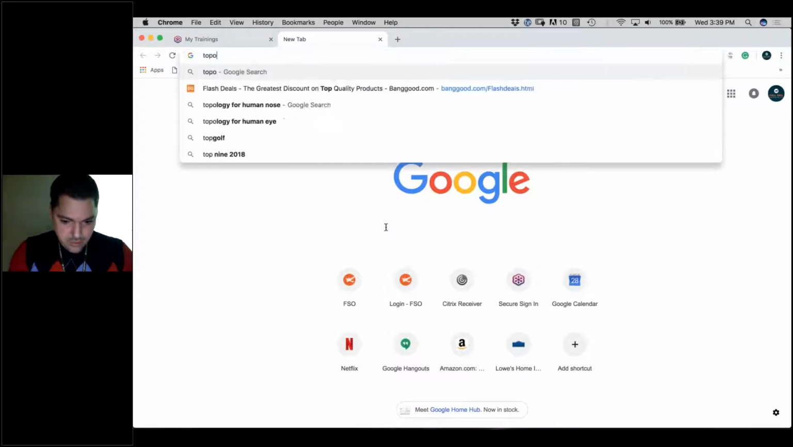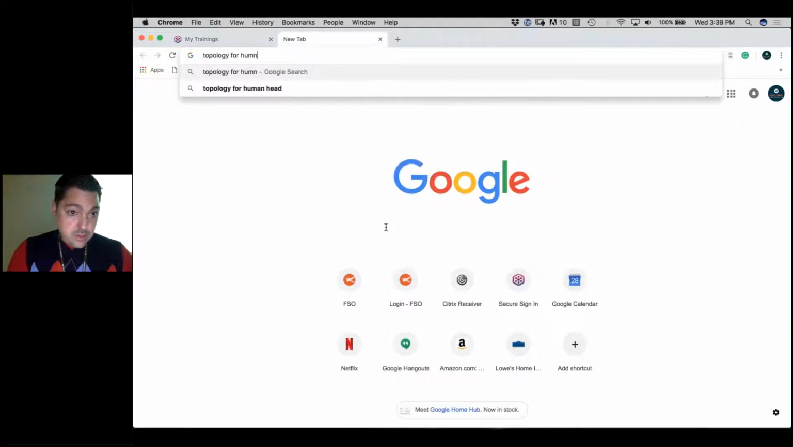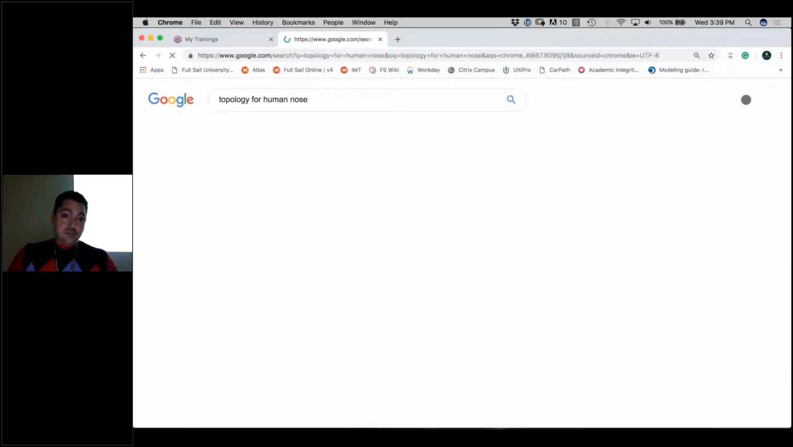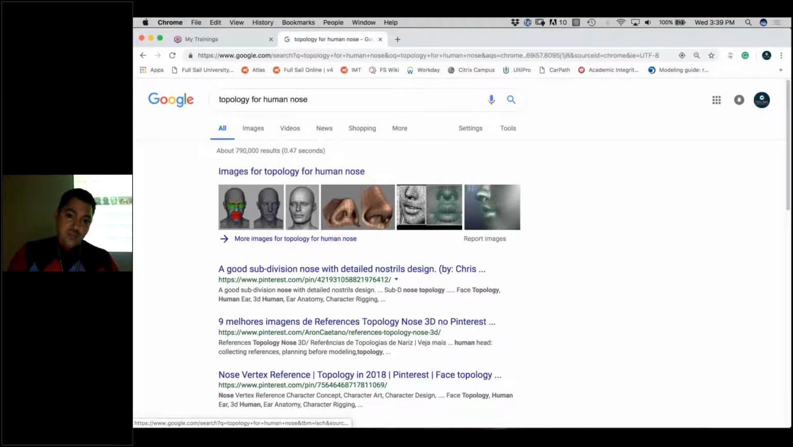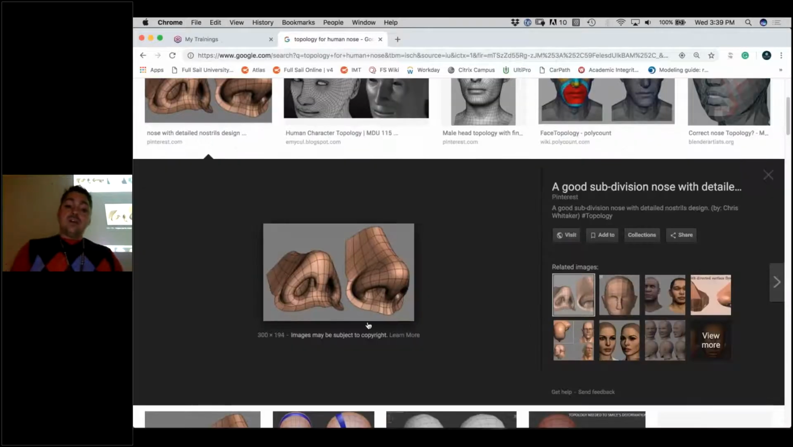let's see, topology for human nose. Did I get human nose? So here you've got images, close-ups, and you might find some other stuff. So now when people go, oh, I couldn't see in your picture, I can't see what the shape is supposed to be. Well, find a close-up. You can do this for an eye, a mouth, and you have to be careful though,